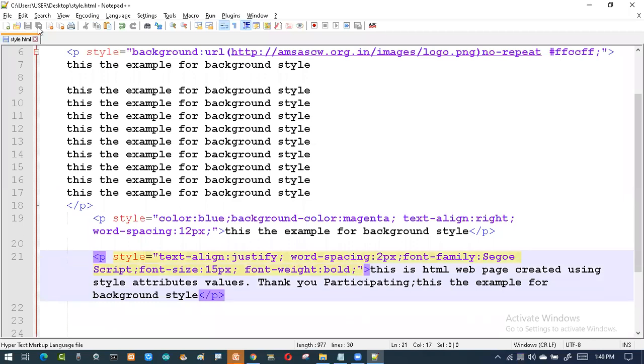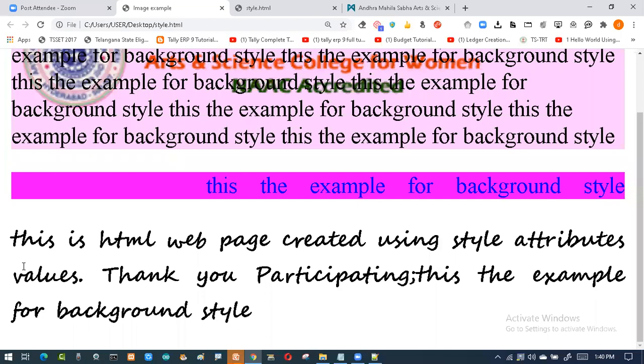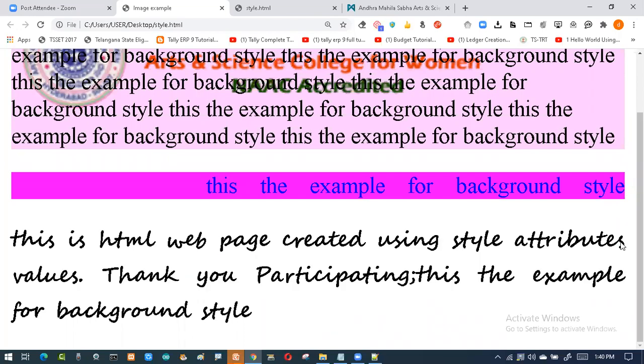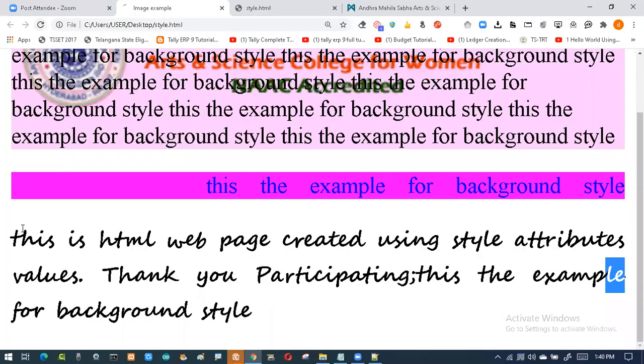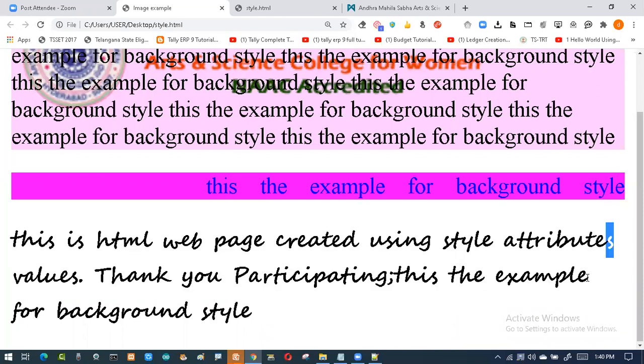So refresh it. Now you can see here, you can watch the two lines. From here it is same T and value, and here you can see S and E. So here these two lines have been matched. See? So here also and here also. So this is justification. Suppose if I don't want justification, what I'll do? I'll say left. So if I say left, then you can see here only left side will come, and here you can see S is somewhere, E is somewhere.